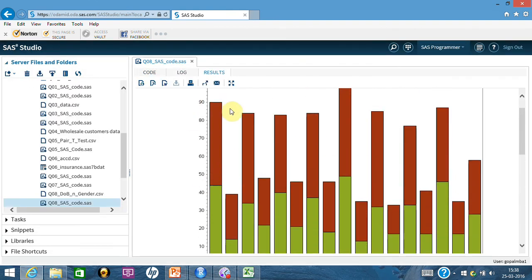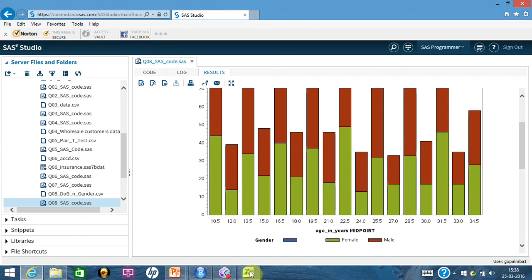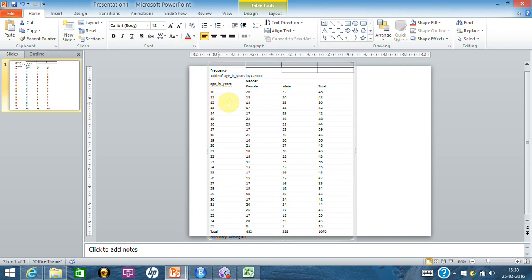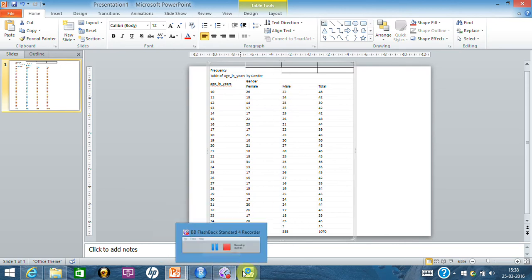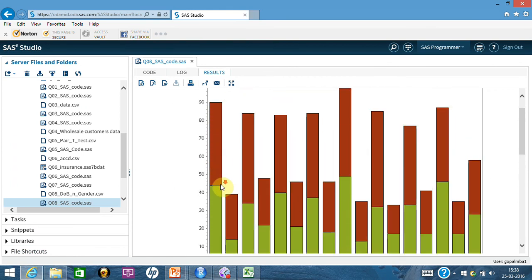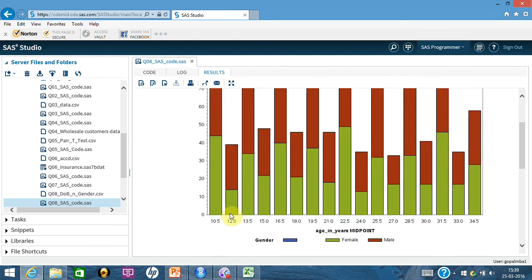So it is saying 90 and 10.5 just because it has combined 10 and 11, and 48 and 42 is coming as 90. It is saying total male 26 plus 18 and total female 26 plus 18, total male 22 plus 24, which will become 46. So if you go and take a look at the output, this is how the red has come, and you can see this is 44 and this is 46 here. Take a look at another number, 12.